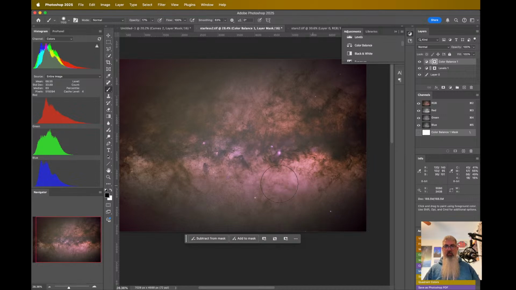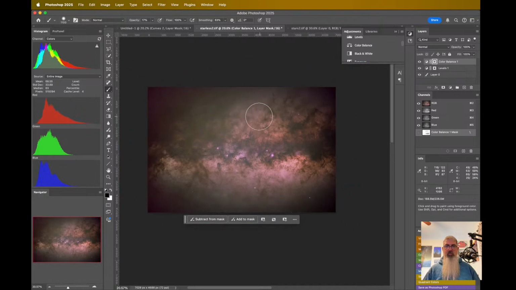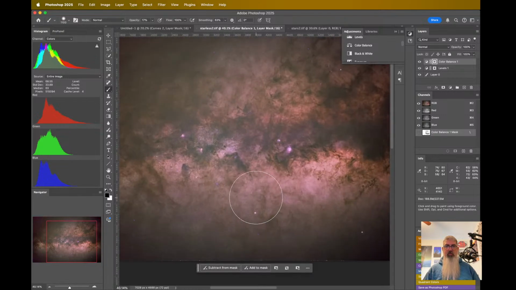With the middle there, we want that to be purple because the nebula is actually purple. But if we think this part of the galaxy looks too purple, or this part up here, we can just paint in a black mask over here at lighter opacity, and it'll bring back the color of the